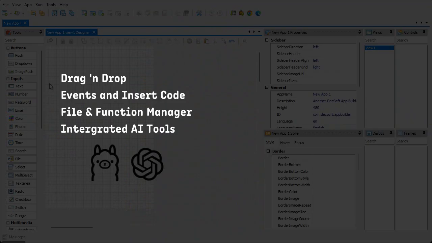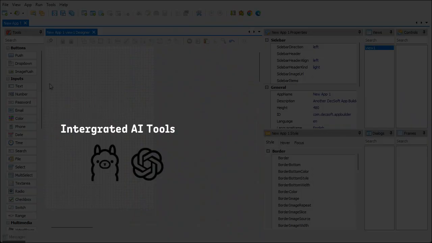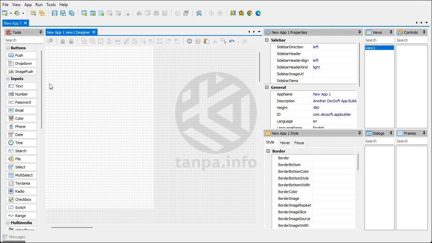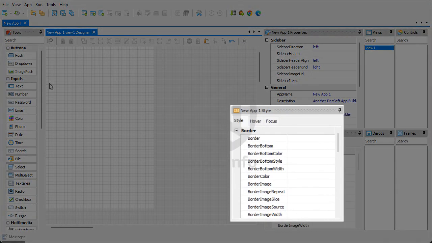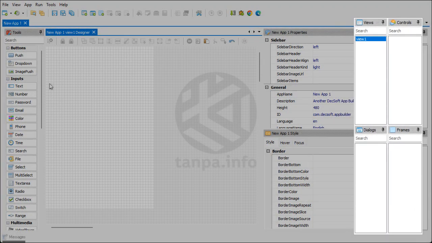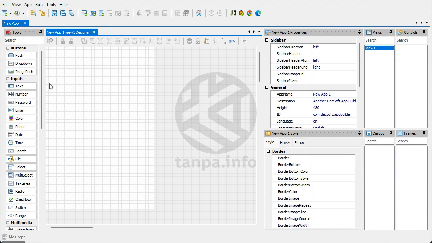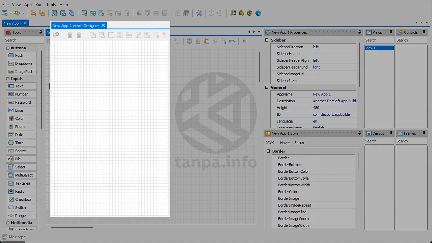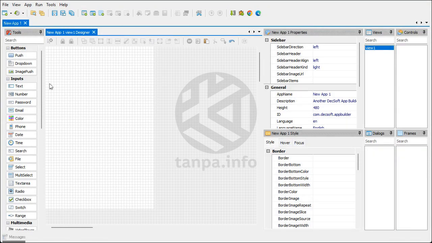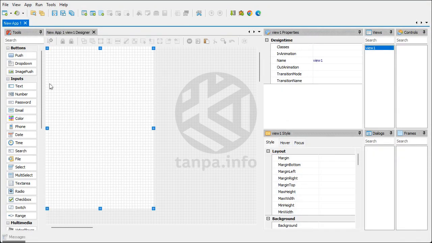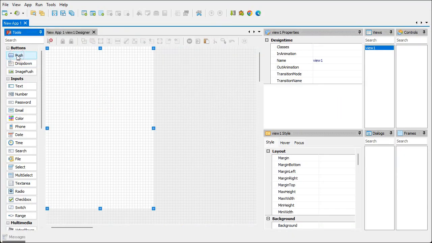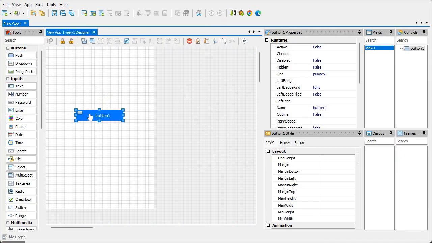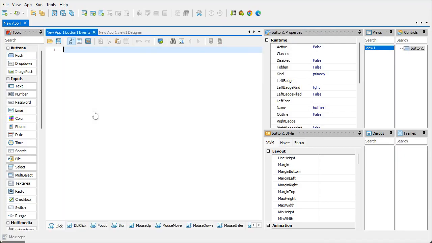The standard view of the App Builder when we first create a new application is like this. It consists of Tools Panel, Controls Inspector, Controls Style Inspector, Control Lists, and there are events that we can use to insert code into each component in the Form Designer, which appear when we double-click the component object. For example, when we double-click the View Designer, an Events tab will appear like this. Or on a button, when we double-click it, an Events tab for the button will appear like this.